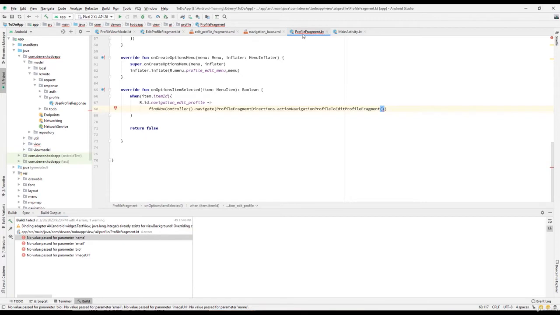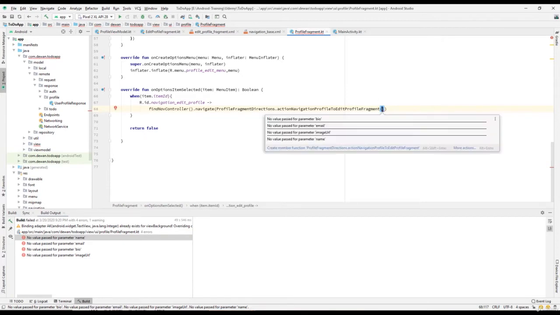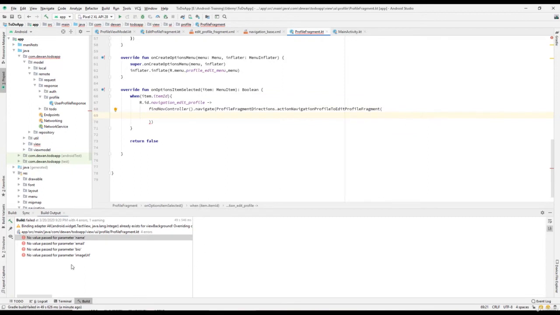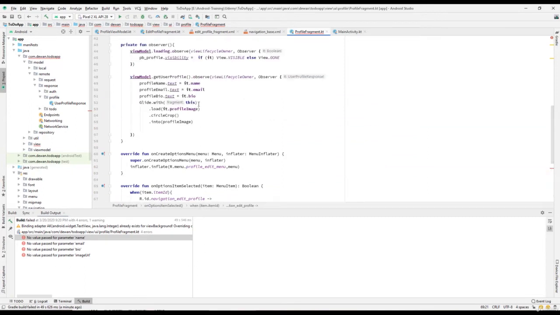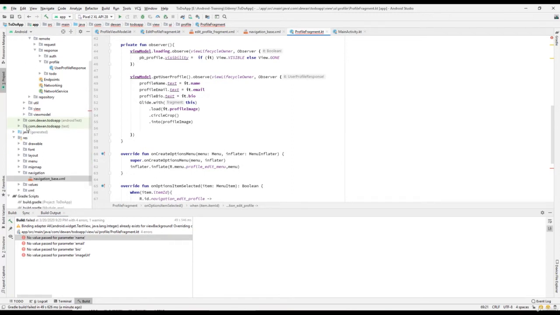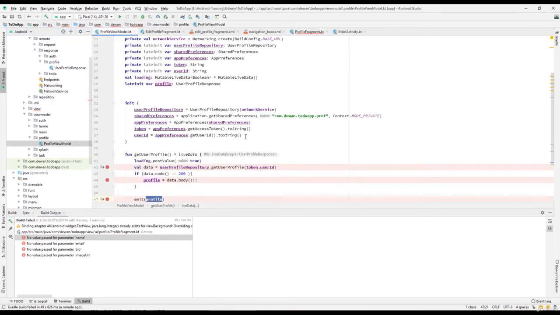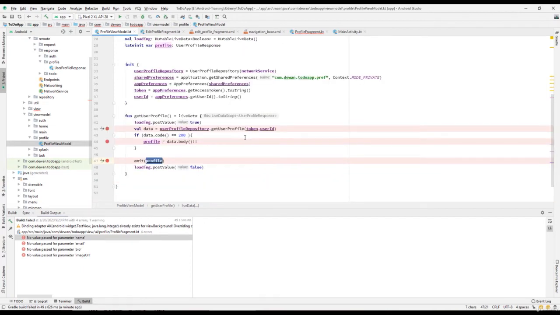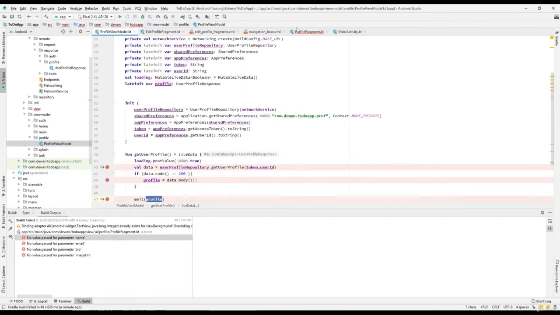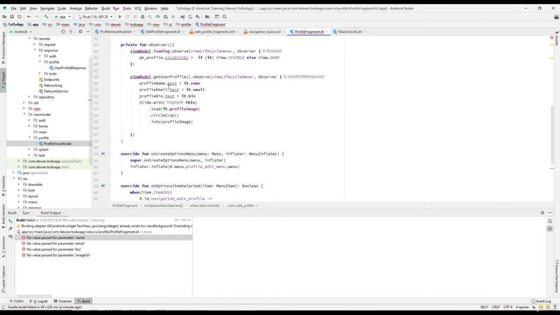So we'll go over here in our fragment, to the profile fragment, and we need to pass those arguments. What we need to pass is the name. The name we need to get from our fragment. Okay, so go to the view model and go to the profile view model. Do we have live data? We don't have any live data for our profile data, so we need to get it from here. We have a profile name, email, and bio,